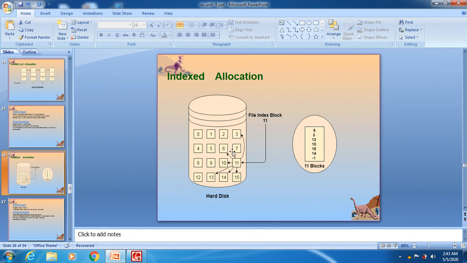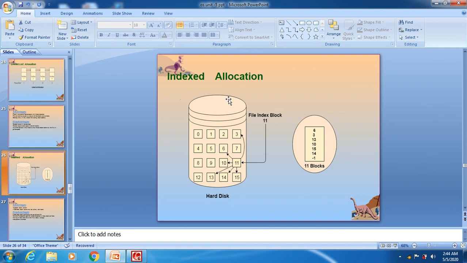If one of the blocks is corrupted, for example 3 is corrupted, there is no problem at all with the other blocks. Why? Because each is directly connected. If 3 has a problem, its link will be deleted, so there is no effect on the other links. So this is about indexed allocation.